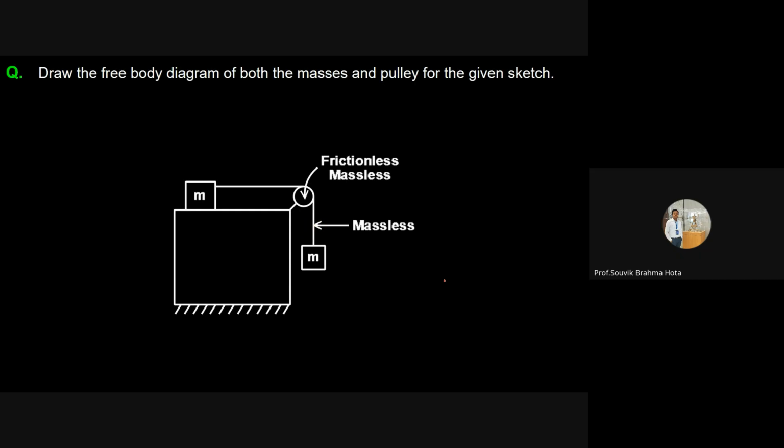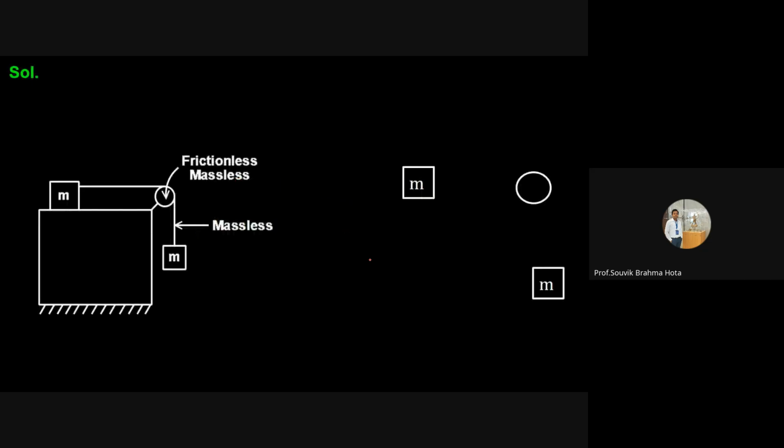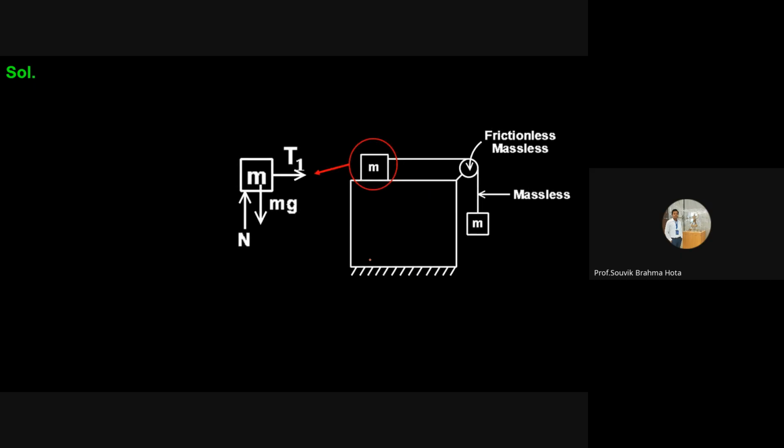Draw the free body diagram of the masses and pulleys for the given sketch. See the mass m and m is here. This is a frictionless pulley over here, and this is basically a string or a rope. Now how to draw it? You just draw the masses first, m, you draw the pulley also, and then you will give the